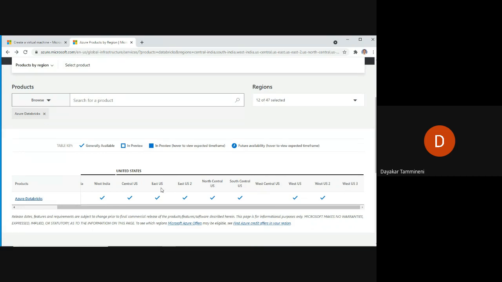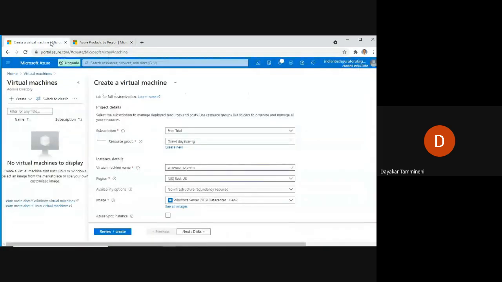Okay, so why I am selecting East US is here. In East US literally most of the services are available, and literally we are using Azure for practice purposes now. So you can create your particular services in any of the regions.